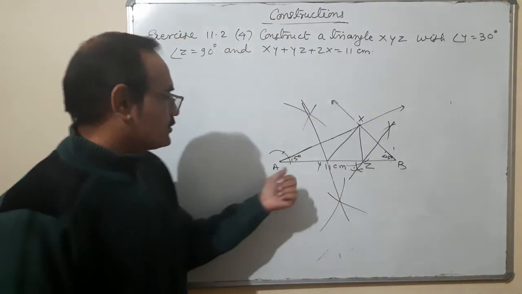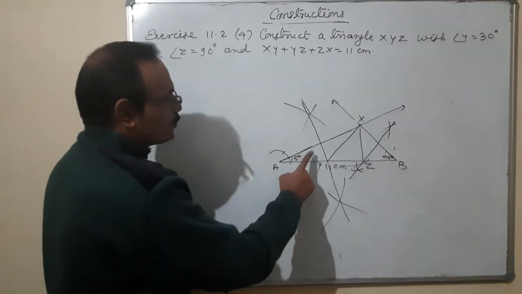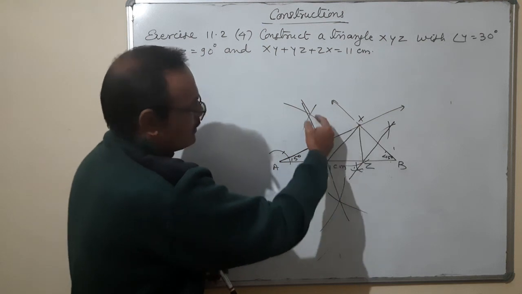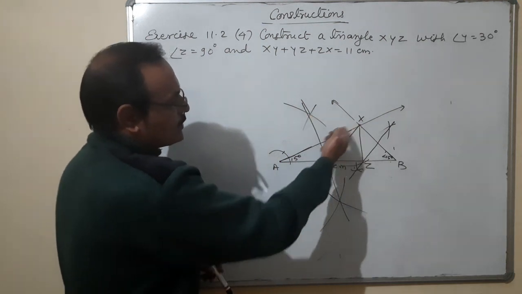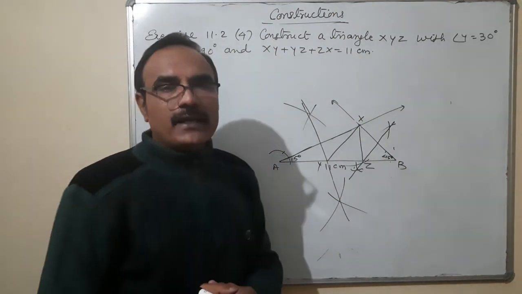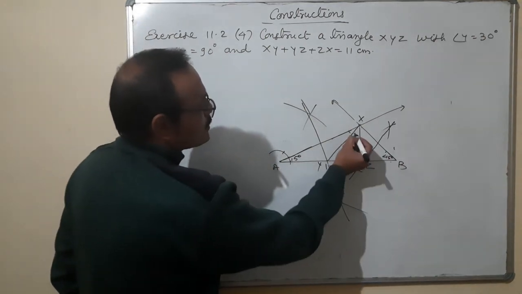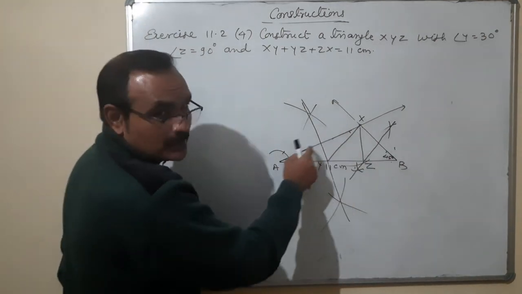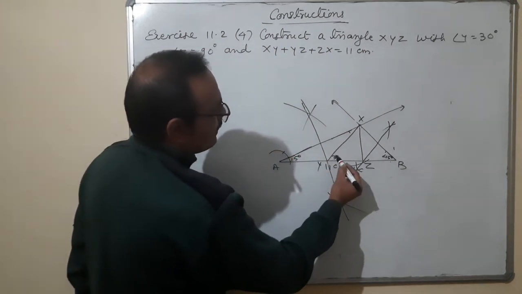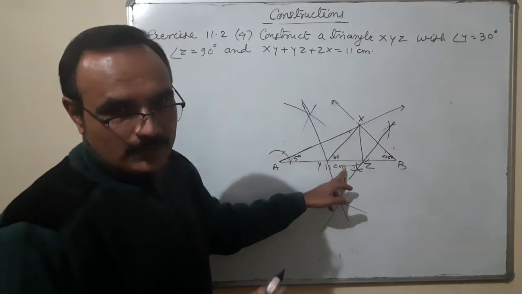You know how it is? As I told you, why we have taken 15 degrees instead of 30 degrees: you can see these two triangles are congruent. Equal side, common side, and it is a 90 degree angle because we have drawn a perpendicular bisector. And you know that the exterior angle of a triangle is equal to the sum of the two interior opposite angles. So since this angle is 15 degrees, then it is also 15 degrees because of CPCT. So 15 plus 15, 30, this angle is 30 degrees.